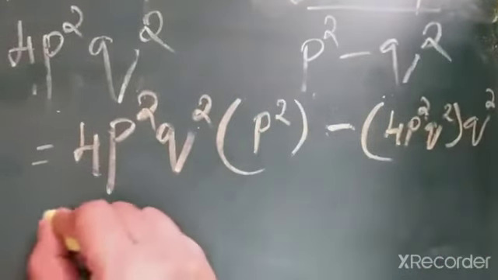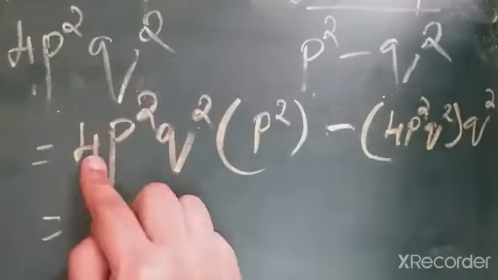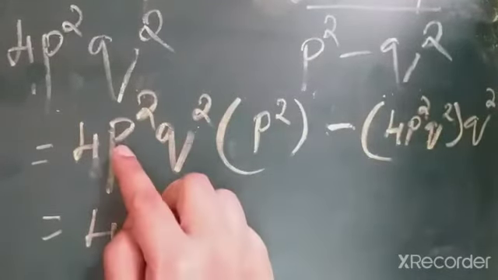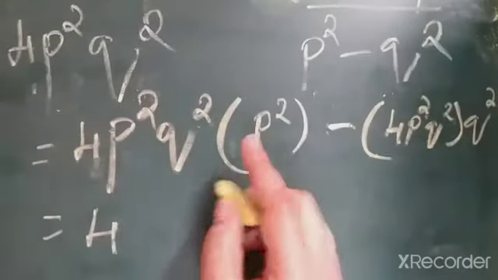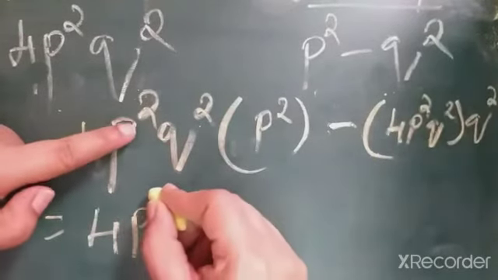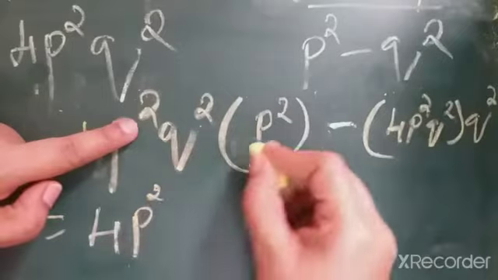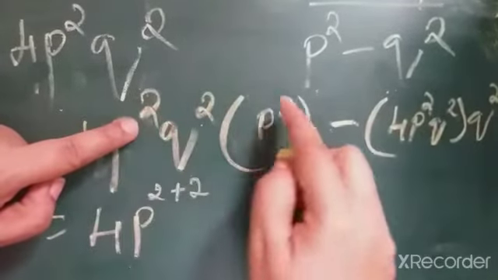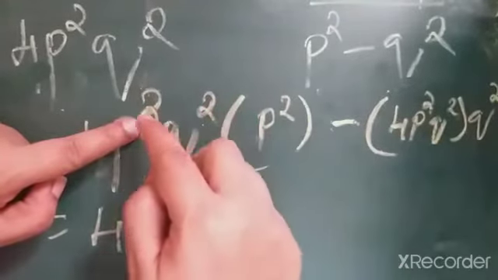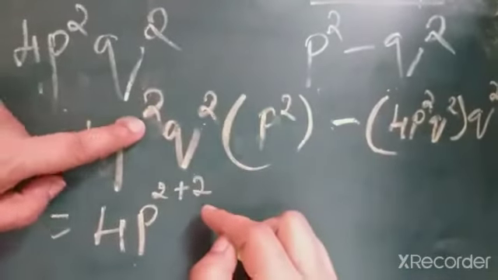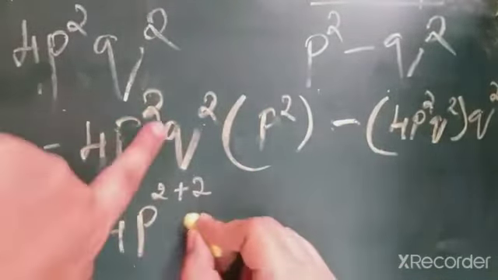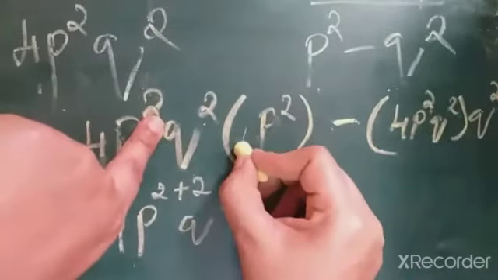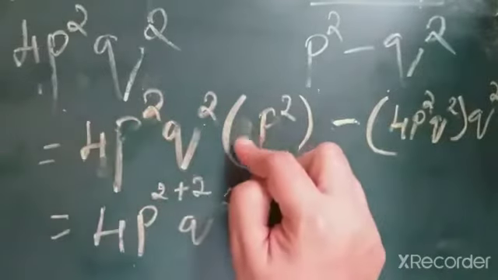Okay. Now 4 into, it means 4 into 1. No number means 1 is there. 4 into 1 is 4. And p square into p square, like terms. Like terms we can multiply. How to multiply the exponents? Addition of the powers, adding the powers. Not 2 into 2 is 4; this is 2 plus 2 is 4. Adding the powers. And q square, because there is no like term, write as it is. It means 1 is here. So q square into 1 means q square.